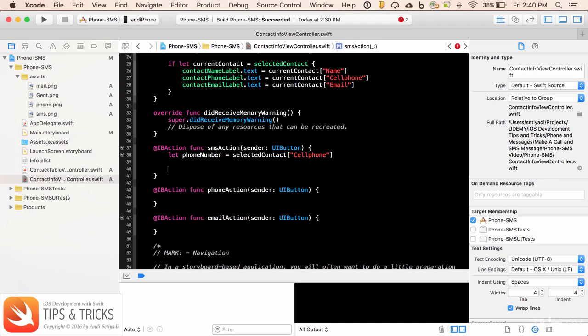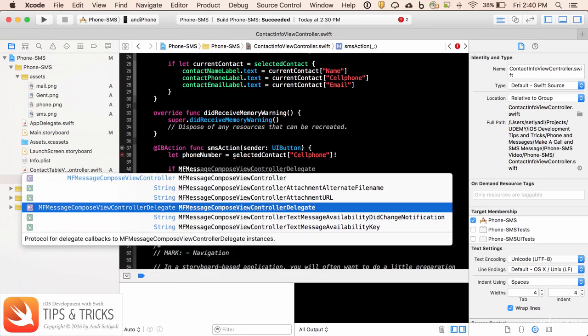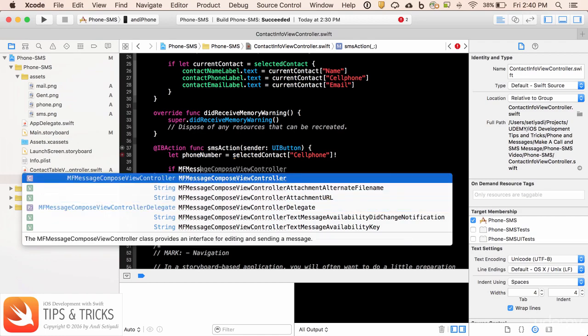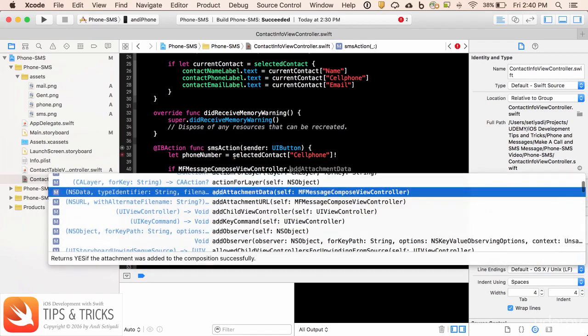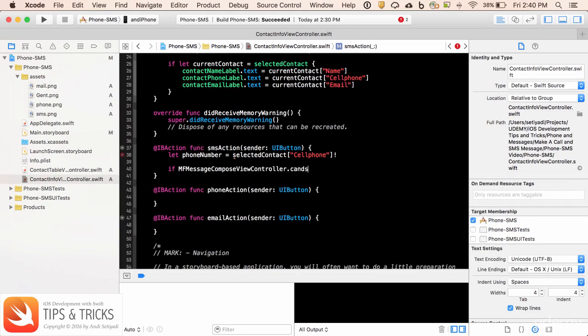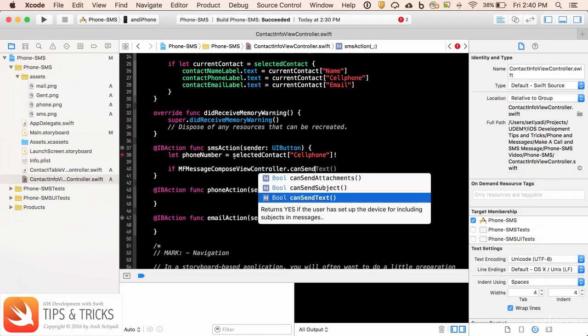And then we need to check whether the phone is capable of sending an SMS or not. And we need to unwrap this. So I'm going to use an if condition. So if MFMessageComposeViewController.canSendText,